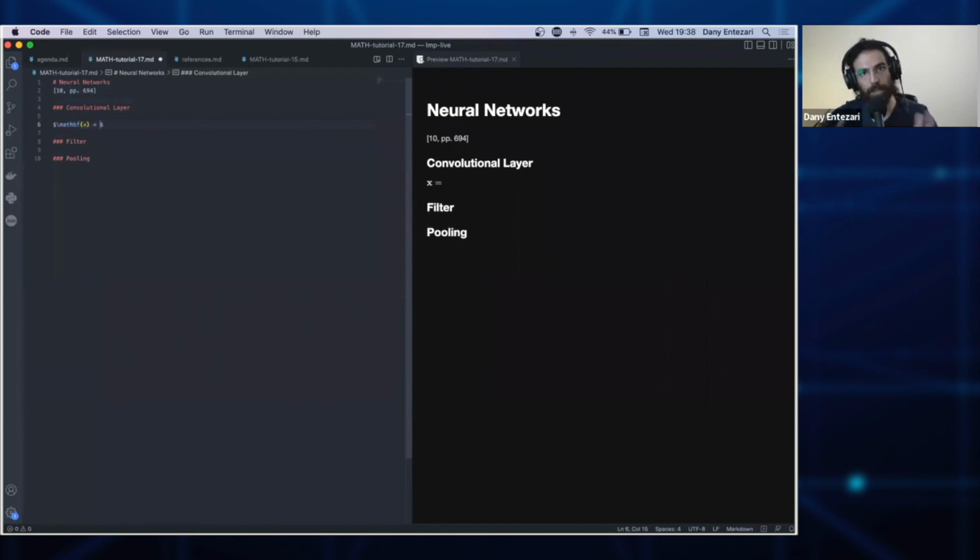Now, a picture is a matrix, but let's begin with one-dimensional first, with the components x sub 1, x sub 2, etc. And we have a filter matrix. Excuse me, we're talking about the vectors. This is one-dimensional for now. So in one dimension,